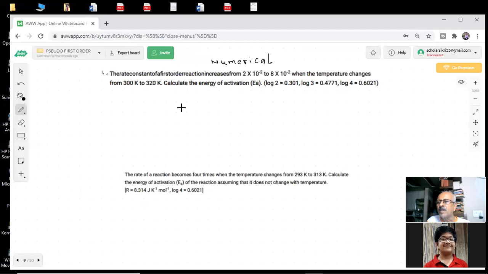Got my point? How are they calculating the energy of activation? So how will we solve such a question in the paper? Important, because I said the Arrhenius equation is important. Usually numericals are asked in the examinations. Now let us see. I am giving only 1 minute to you, then I will discuss it. You can try this. Interesting, the temperature is already given in the Kelvin scale, 300 and 320 Kelvin.